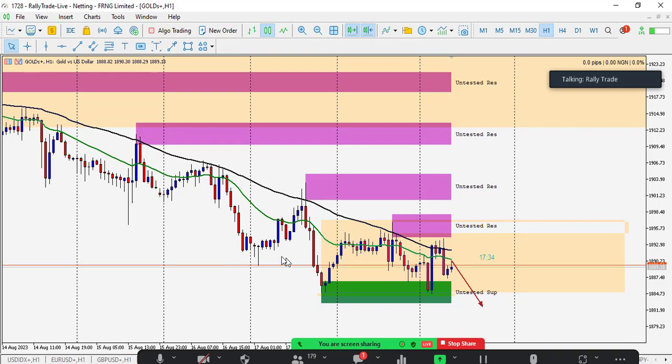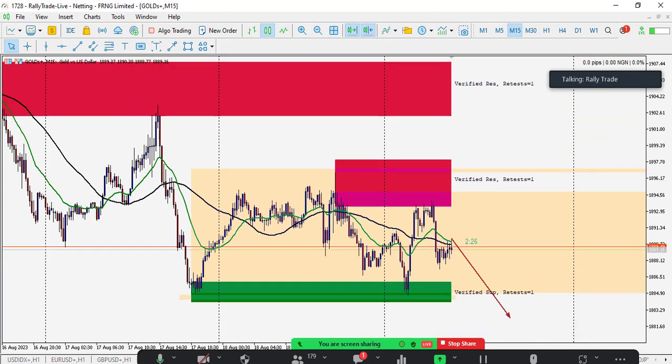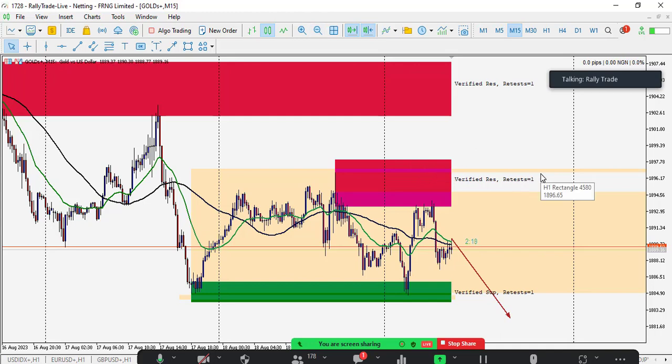All right then. Now let's jump to a much lower time frame, the 15 minutes. Let's see what we can see there. Now, instead of waiting for the market to actually break, on the 15 minutes time frame we can look for areas of inefficiency, areas where the market might be drawn towards, so that it can start doing the sell immediately.